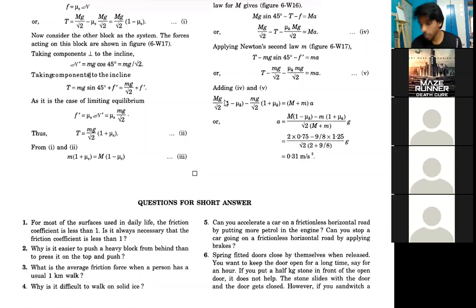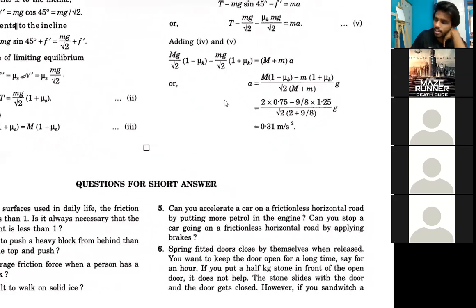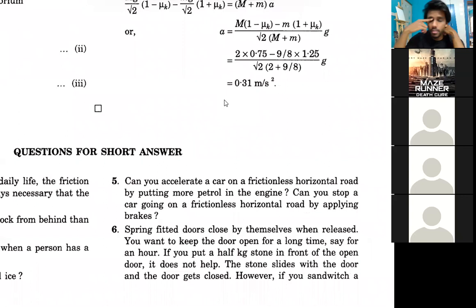Why is it difficult to walk on solid ice? Because the frictional coefficient is very low. So if the friction coefficient is low, what happens? You'll slip, sir. You can't walk forward. That is a point. There is less friction, so it cannot support our walking movement. Yeah, that is a thing. But there is a better explanation for this in the topic of rotational dynamics.